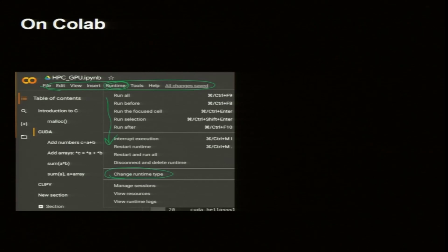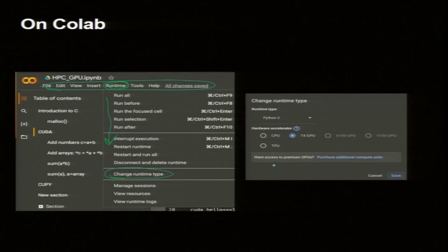Change runtime type and you will get this window. The runtime type is Python, you can use other things as well. Normally the default is CPU, but you have to click T4 GPU.